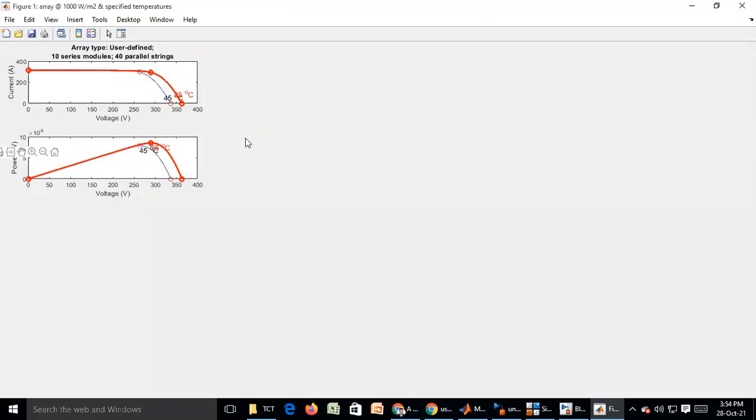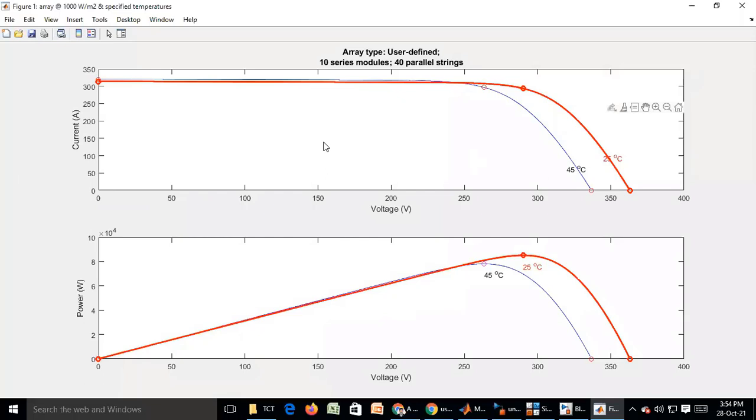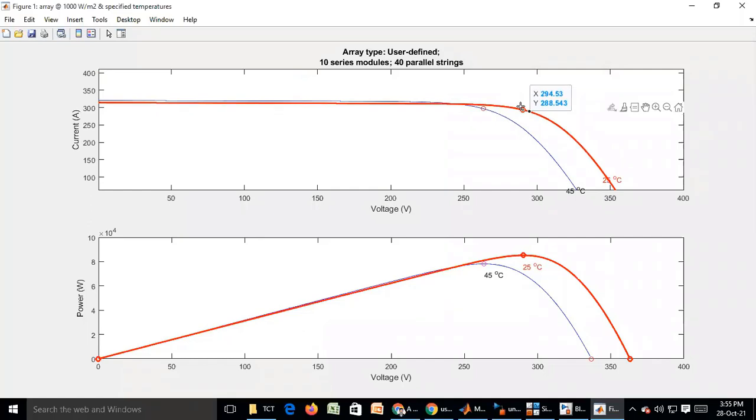You see, this is what I got. This is the current versus voltage IV curve. The second one is the PV curve. One is the PV curve, one is the IV curve. This is for 25 degrees centigrade, and this is my global maximum power point.